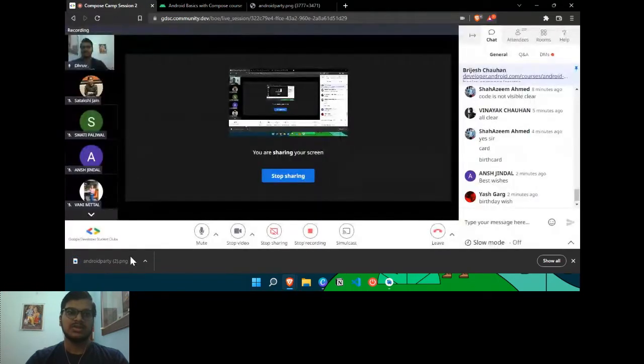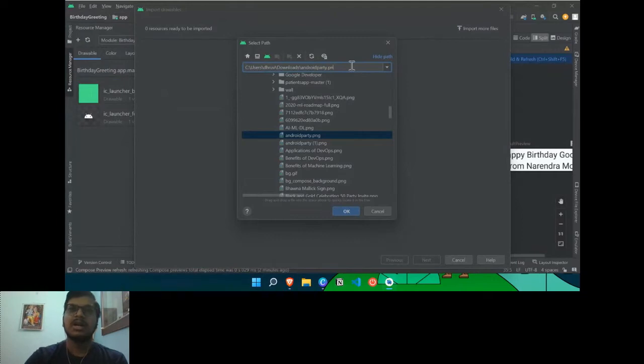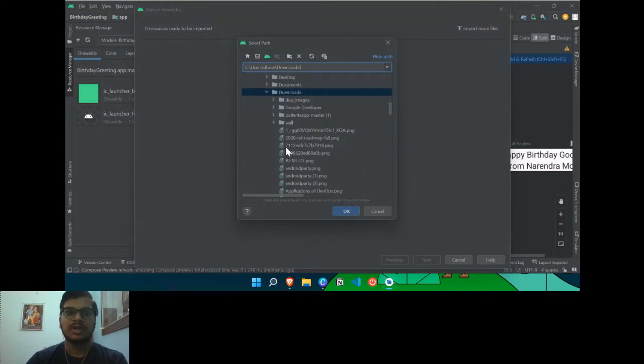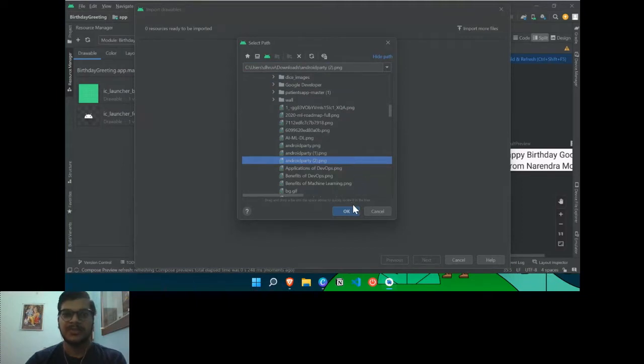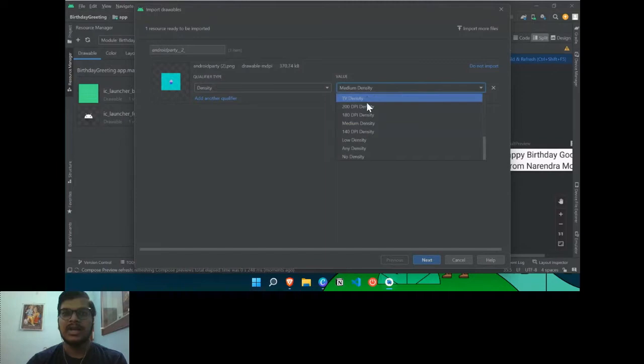The image is downloaded, as you can see. Now I will go back to my Android Studio and click on plus. This is the plus icon, and you have to click on import drawables. Okay. Now I will go to my downloads folder, and in the downloads folder I will find Android Party. This is the name of the file. Okay. So then hit OK. Now it asks for qualifier type and value. So in the qualifier type, we have to select density, and in the value tab, we have to select no